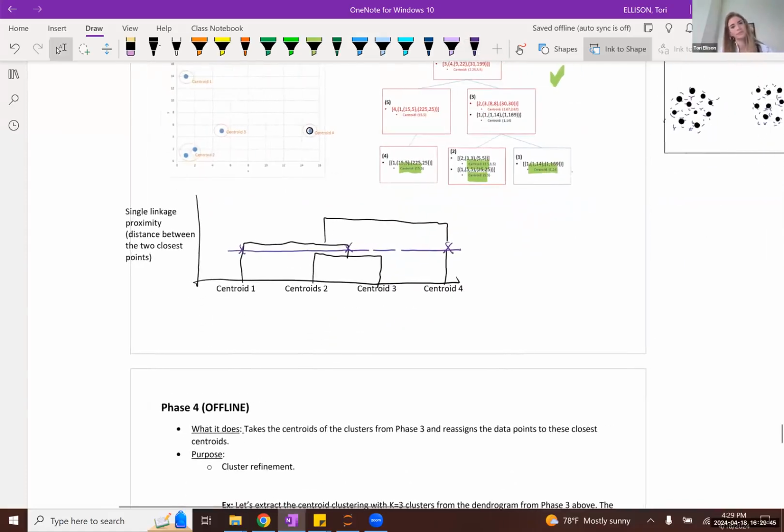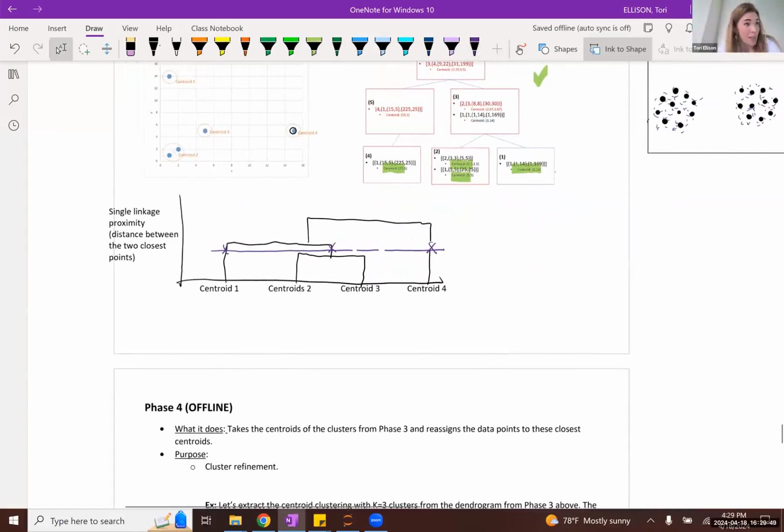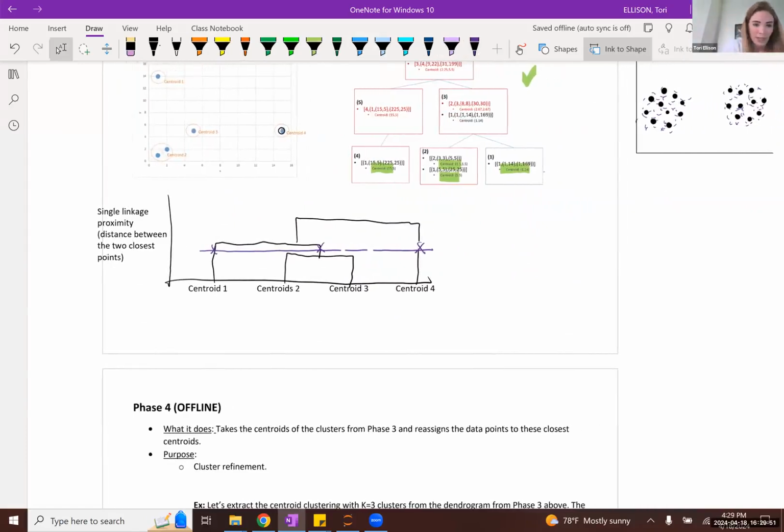So this here creates one cluster, this creates another cluster, and this creates another cluster.